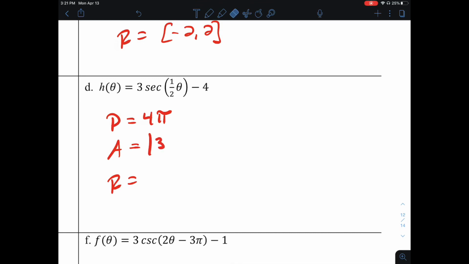Amplitude is a word that is used to describe the distance from the midline to the highest or lowest point on the graph. And secant goes up and down forever. It has no amplitude. For the range, our midline is at y equals -4, and we're supposed to go up from this 3 and down from this 3. So if we go up from this 3, we're going to be at -1. If we go down from this 3, we're going to be at -7. So we're going to -7